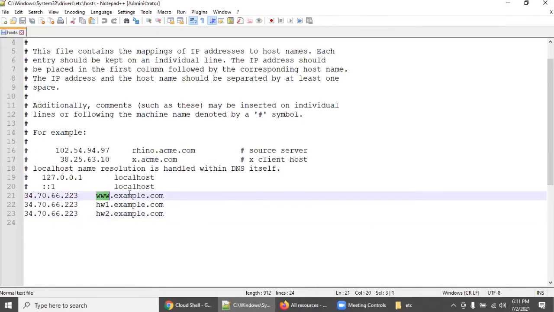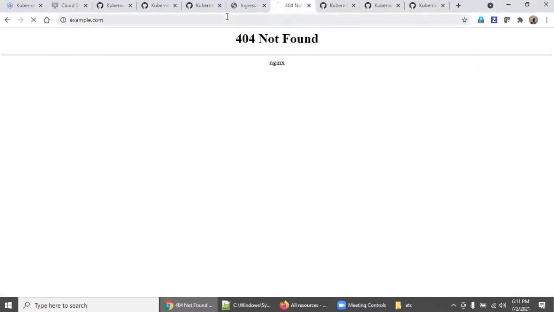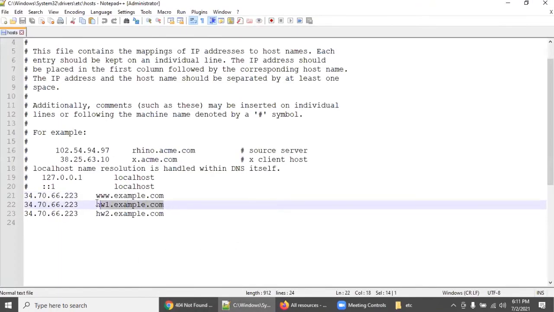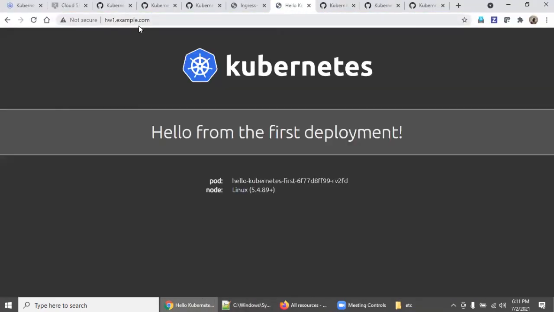So now, if we access this domain name instead of the IP address, so we are not getting it. So let's access hw1.example.com. Okay, it is coming properly.